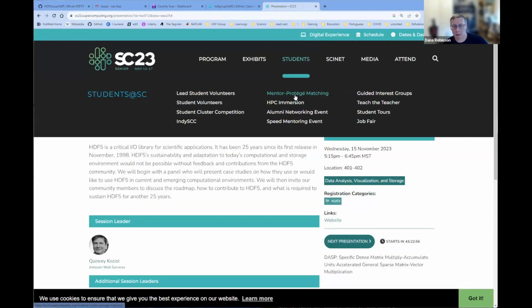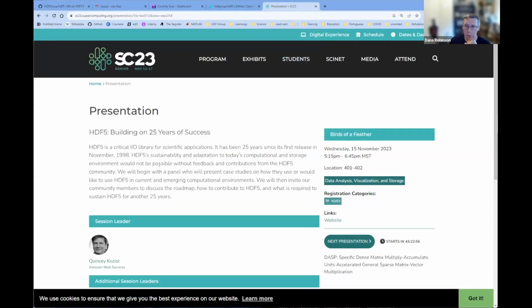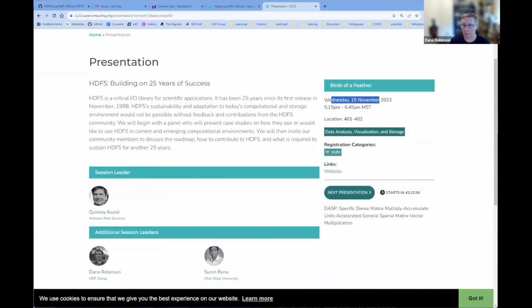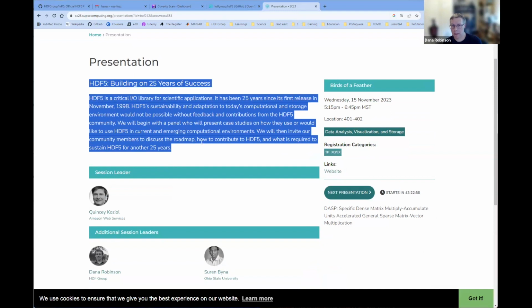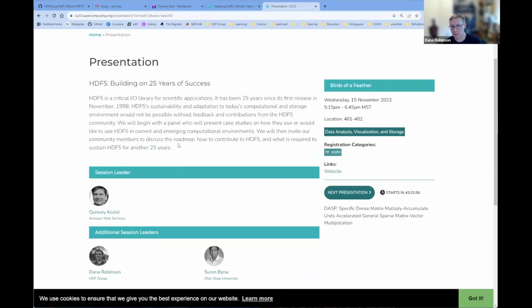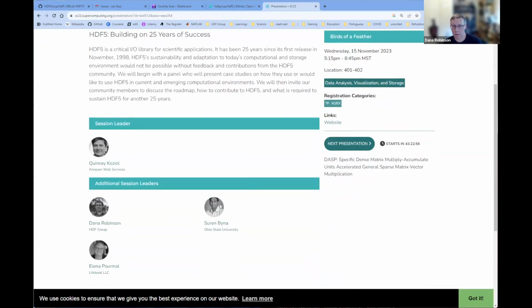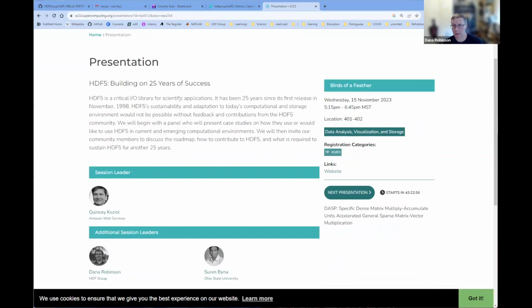Another thing I should mention before we get into the filter stuff: we have the BOF coming up for supercomputing. We got a good time slot, Wednesday in the evening. This is going to be about our history. We're looking for people who have interesting use cases from throughout HDF5's history. If you would like to give a quick lightning talk at the BOF, send me an email, or any of the other people, Saran, Elena, Quincy, and we'll get you penciled in.